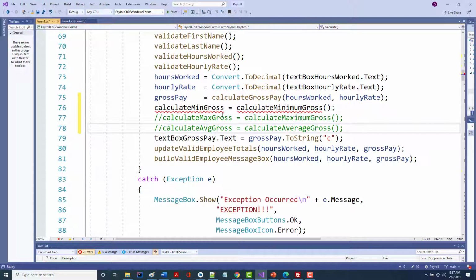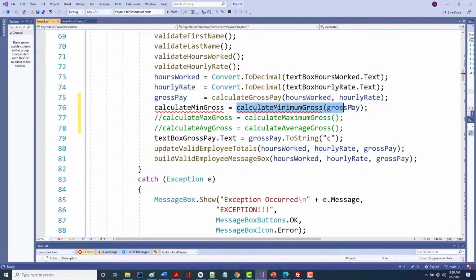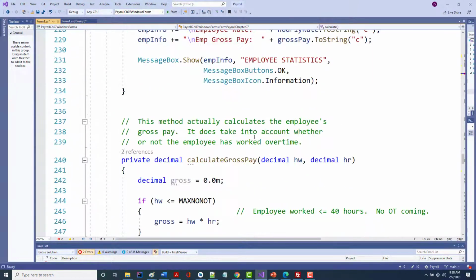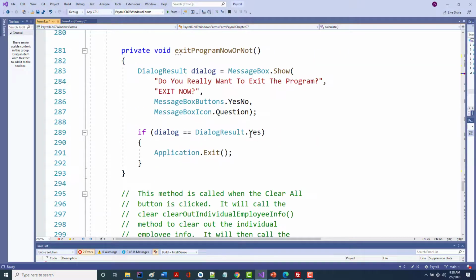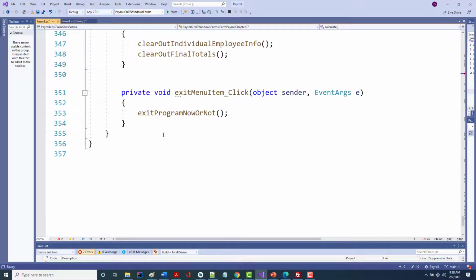All right. Now, in order to find the smallest gross, I'm going to need the current gross. Does that make sense to you? I need the current gross value. So I'm going to pass in here gross pay. The routines themselves are going to be pretty simple. All right, but I want to go down here. And now I'm going to write it. So I'm going to just move it way down to the bottom. I'm even sticking it under my clear routines. I normally wouldn't do that. And under the exit, I'm just putting it at the bottom so you can see that indeed it's at the